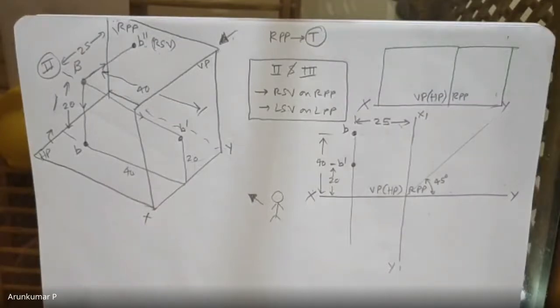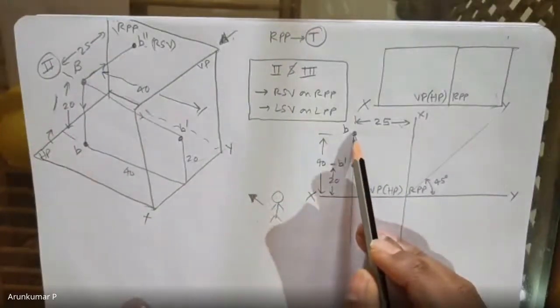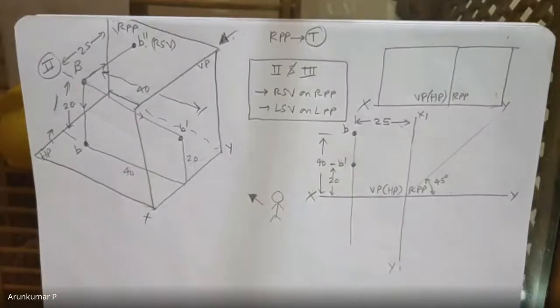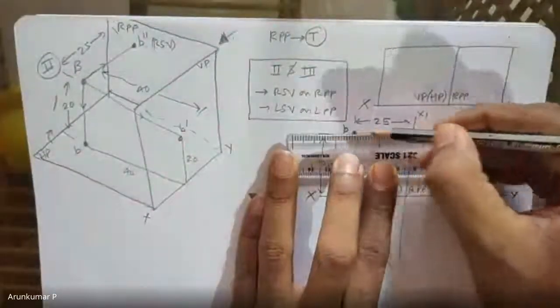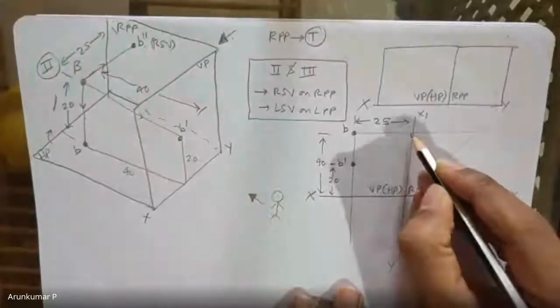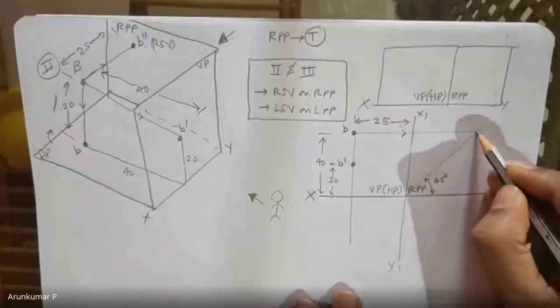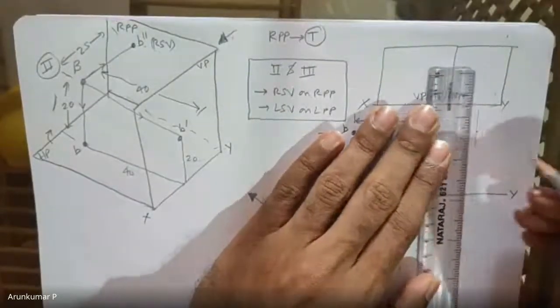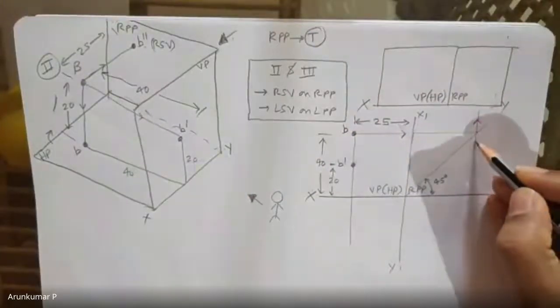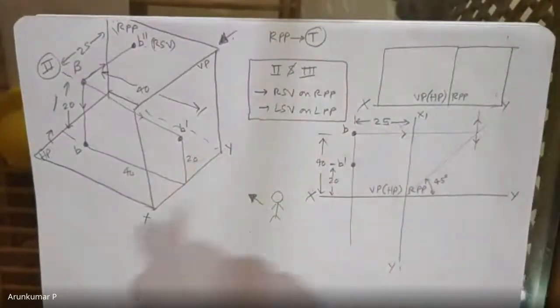Now apply our rules of projection. First, which one are you going to project, the front view or top view? First, the top view. Project the top view onto the median line like this. It will intersect the median line somewhere here. From here you have to decide whether you want to go up or down, depending on where your front view is.